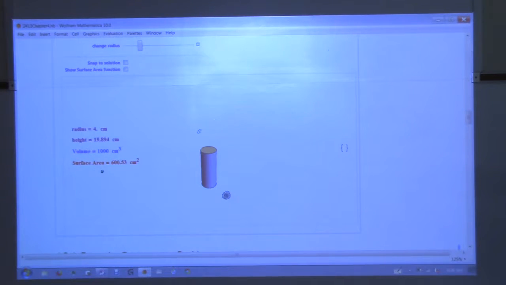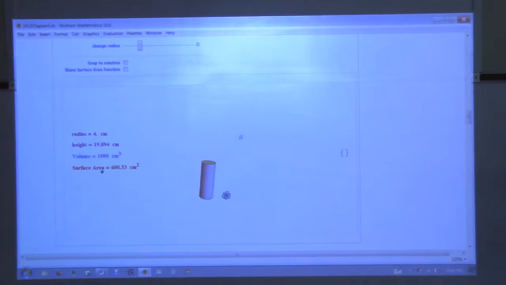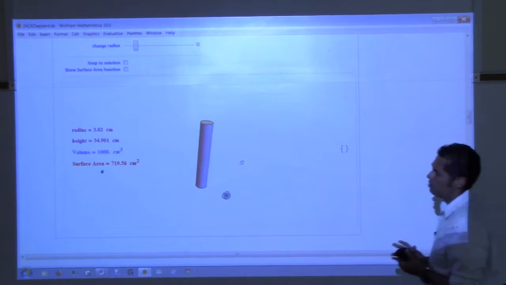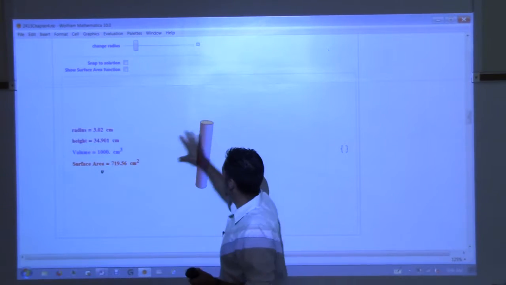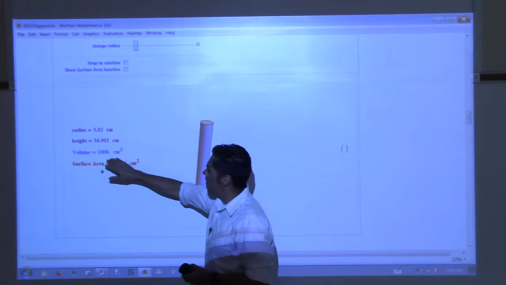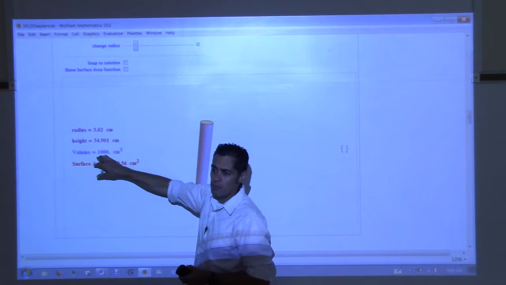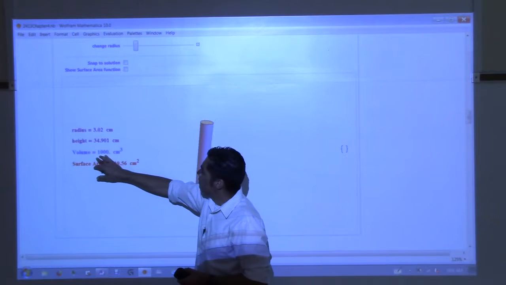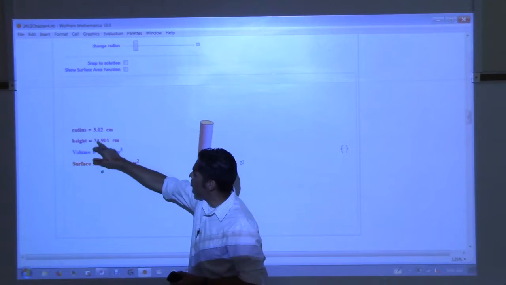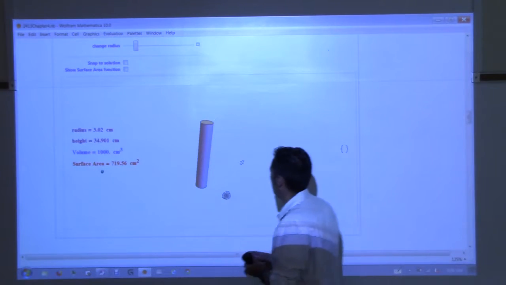So here's the idea. You got this can, right? And we're just going to look at it as a regular old cylinder, a right cylinder. What we could do is make this thing really, really tall, really narrow, so that it holds 1,000 cubic centimeters. You can see here, as I adjust the shape of this, it's going to hold a constant volume, all right? But the height and the radius of the can are changing,